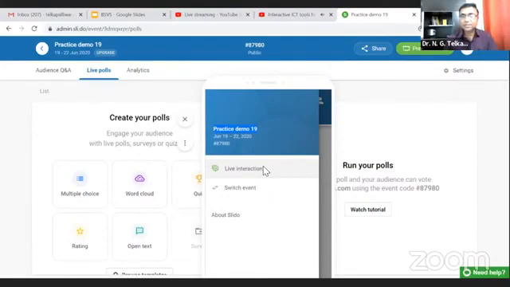Suppose I change question 2 to 3, then in this way the slides of the students are also changing, that is, the screen of the student is also changing. So this is another way. Anywhere the student can log in on the mobile by entering their name also.